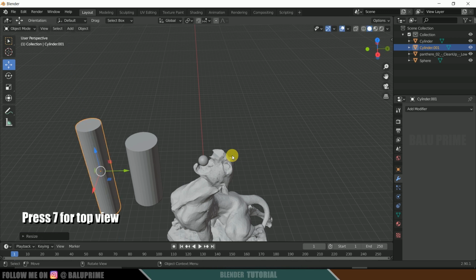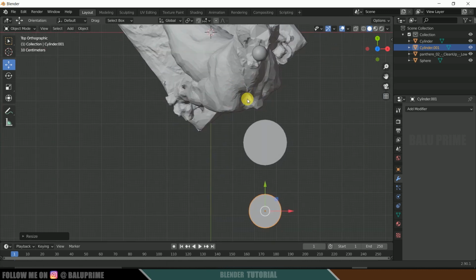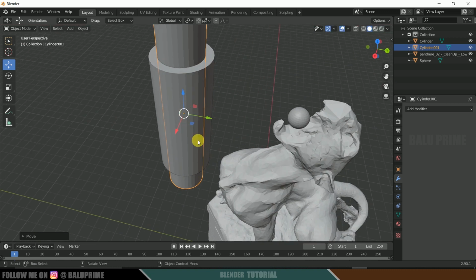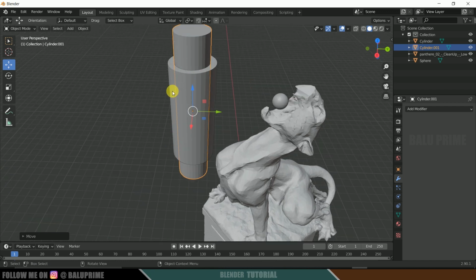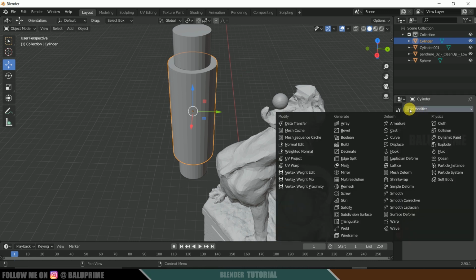Now press 7 on the keyboard for top view and just place the cylinder here at the center. Nice. Now select this outer cylinder, come to the modifier properties, add modifier and add Boolean.